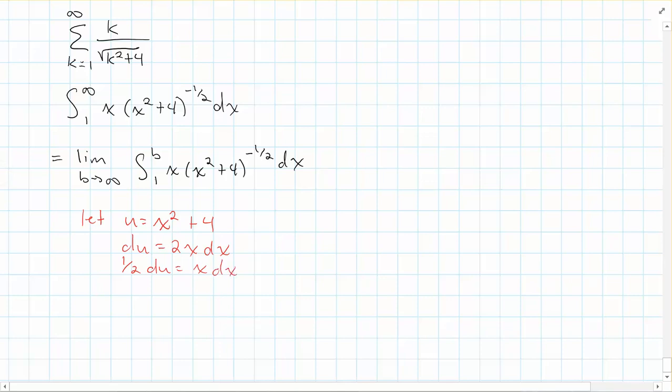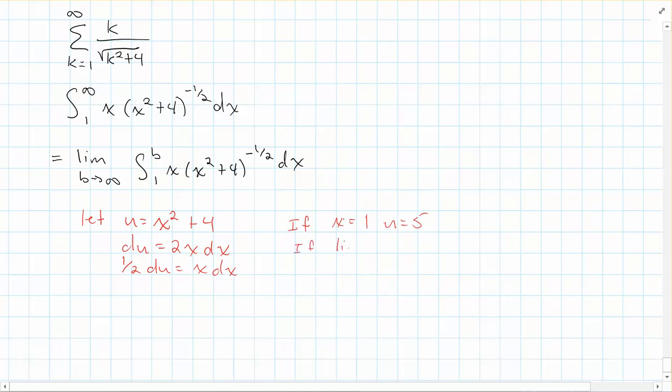And then changing my bounds, if x is equal to 1, u is equal to 5,